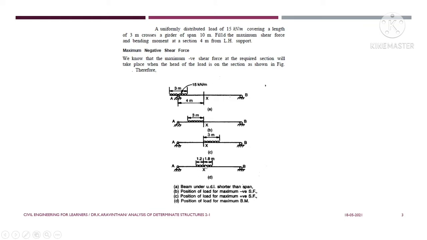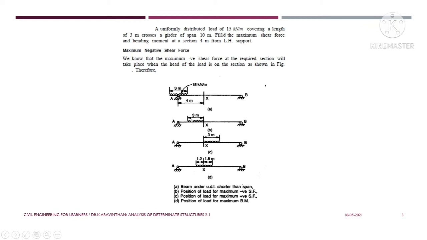If you want to find the maximum shear force, place the UDL on the left hand side. Either it may be a UDL or a point load. Place the load on the left hand side, so that you will get negative shear force, and if you place the load on the right hand side of the portion you have considered, you will get positive shear force. Where you place the load is very much important here. The span is constant. The values are changed according to the requirement.